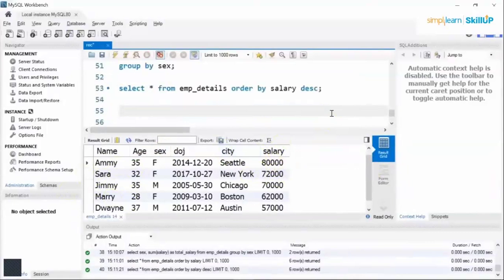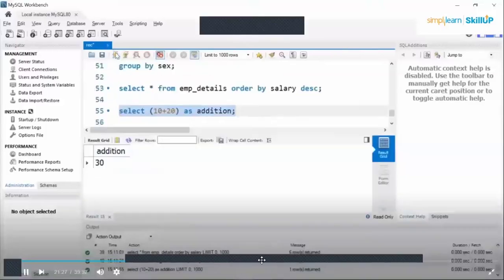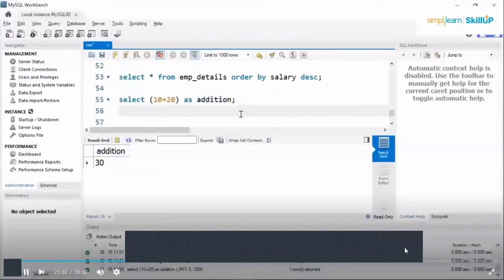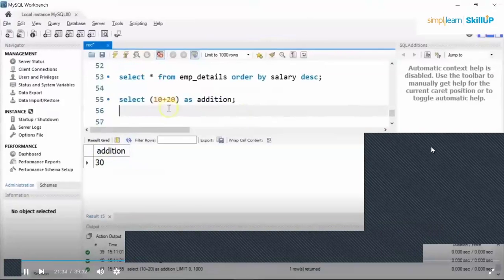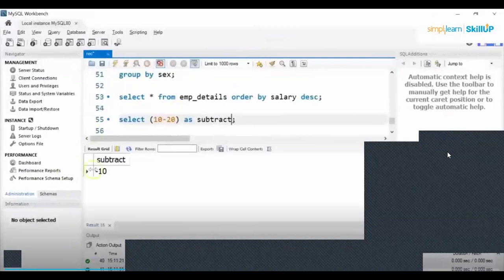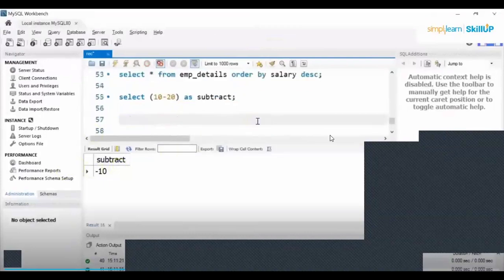Now let me show you some basic operations that you can do using the select statement. Suppose I write select and do an addition operation, let's say 10 plus 20, and I'll give an alias name as addition. If I run this, it will give me the sum of 10 and 20, that is 30. Similarly, you can use the subtraction operator and you can change the alias name as, let's say, subtract. Let's run it. You get minus 10. Now there are some basic inbuilt functions